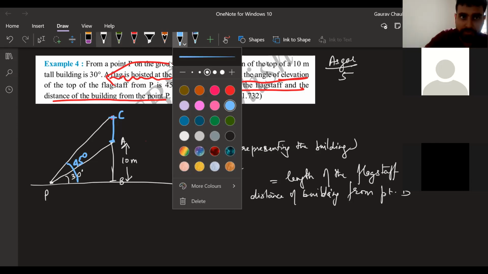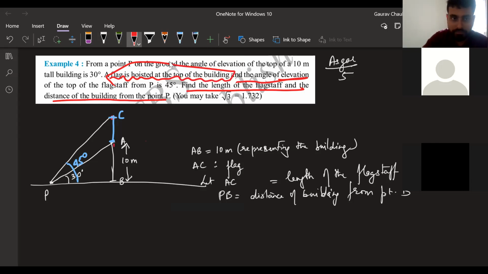If that's something which you feel might happen for you, then you can actually draw a proper diagram like this is the building and then this is the flag. Like that you can draw. There's no problem in that. All right. If that helps you make a diagram. Yeah. All right. Let's hear from who else is here? Deepak is speaking. Sir, I was confused for the angle 45. Is angle 45 also clear, Deepak?